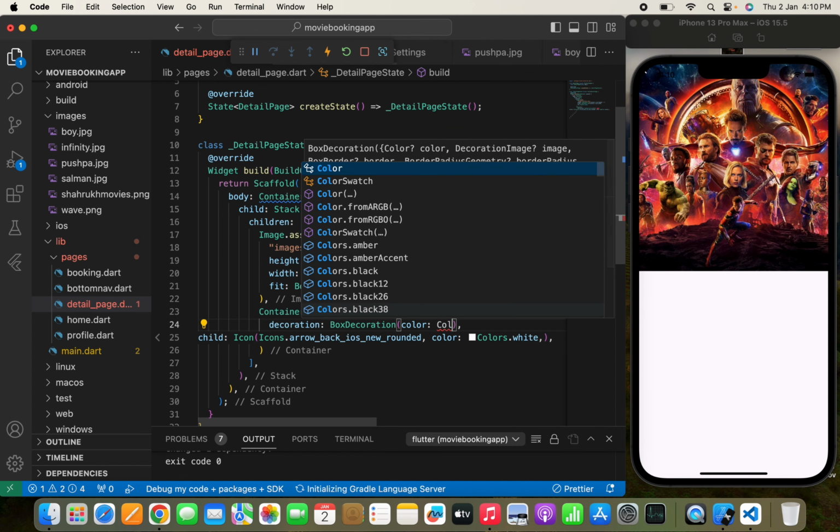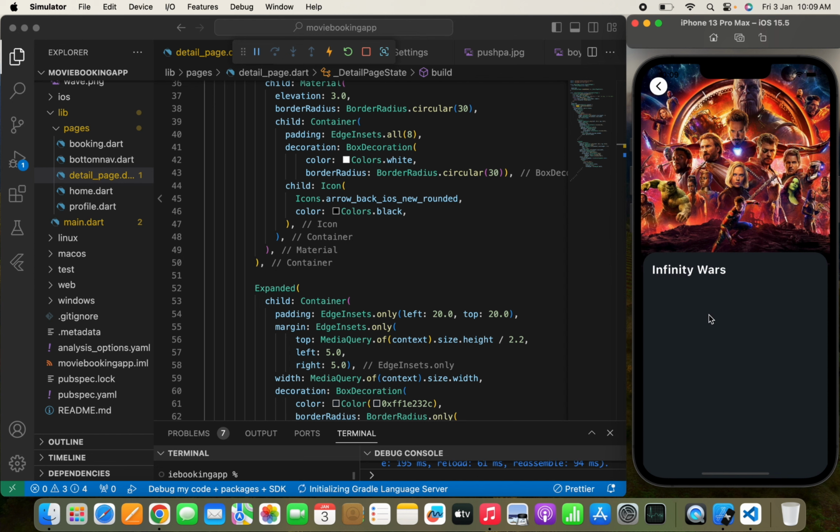Now here you can see that I have simply changed the color of this container. So this is the color that I'm widely going to use for this container to show all the details about this movie. So I think it looks great. Now here I have simply changed the color of the movie name, which is Infinity Wars, and just below this